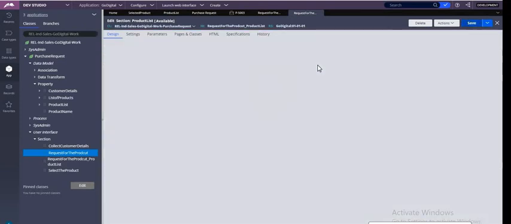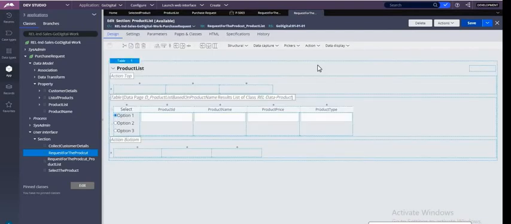The screen resolution of desktop and mobile is different, right? So that time you cannot show all the columns which are available on your record. Like there are 5 columns, maybe sometimes there might be 10 columns also. If it is a desktop, yes, you can show them properly, but if it is a mobile, you cannot show 10, right? Because there will be horizontal scrolling happening in your mobile.